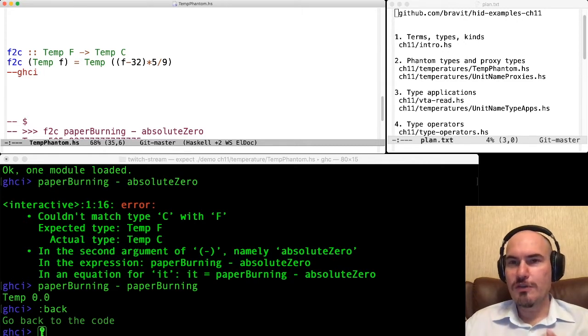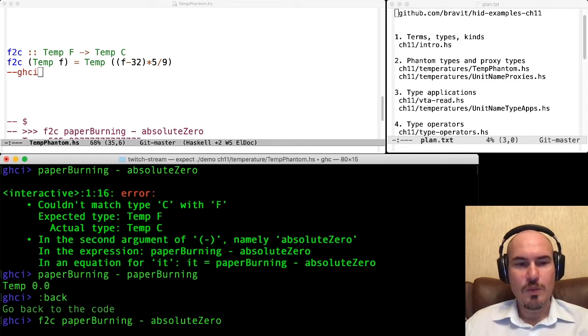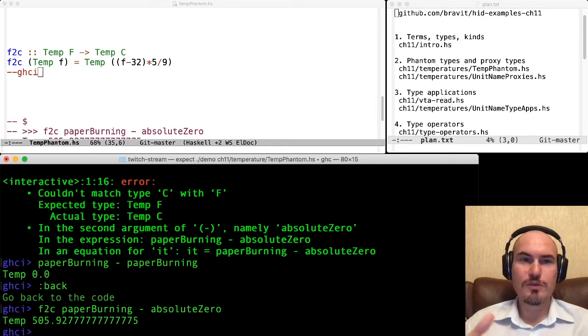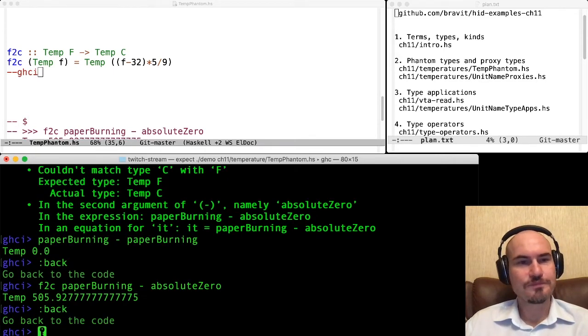It turns Fahrenheit degrees to Celsius degrees. And we can look back at GHCi and see that now it is possible. We've converted it to the same type, Temp C, and now we can do subtraction and get a result.